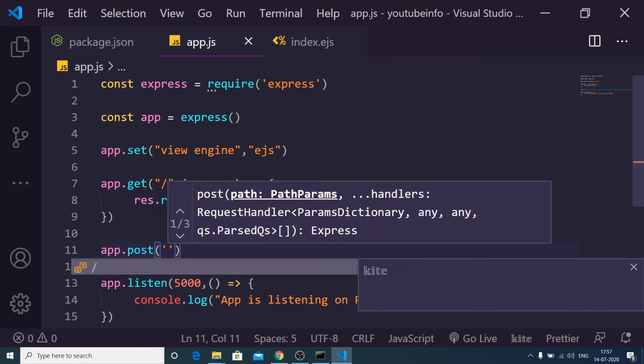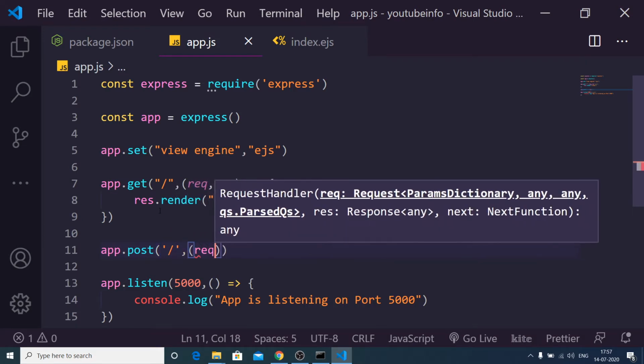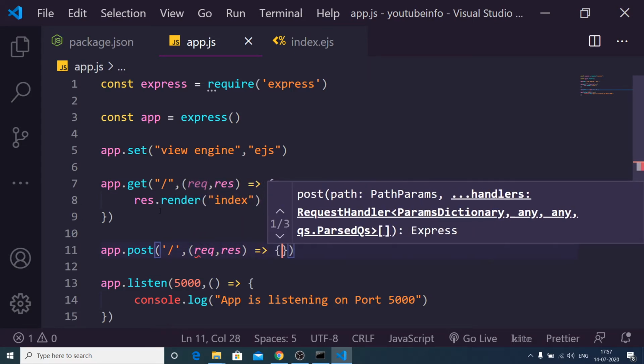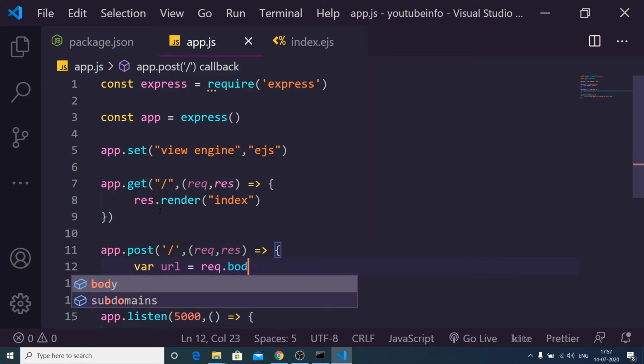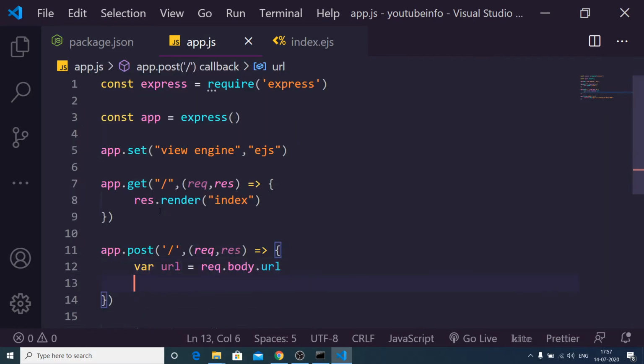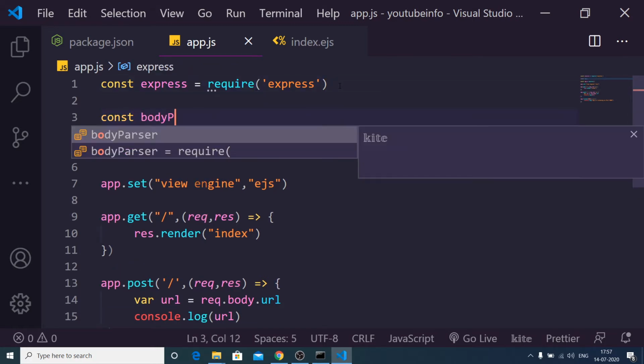That's it. And now we will make this simple post request, app.post. This is on the home route, and we can get the URL that the user has typed by req.body.url, and we can console log it. For getting this URL we need to configure our body-parser middleware.